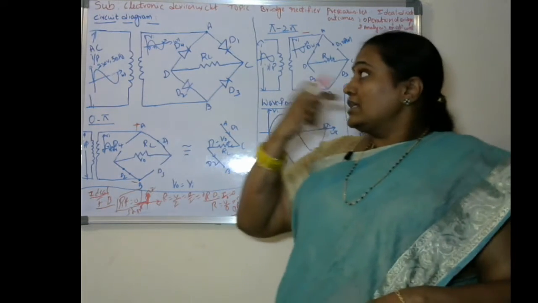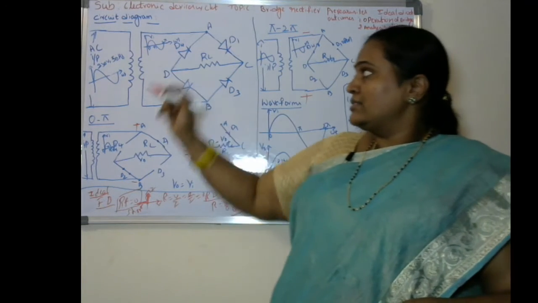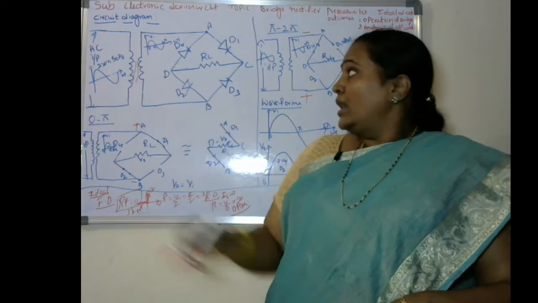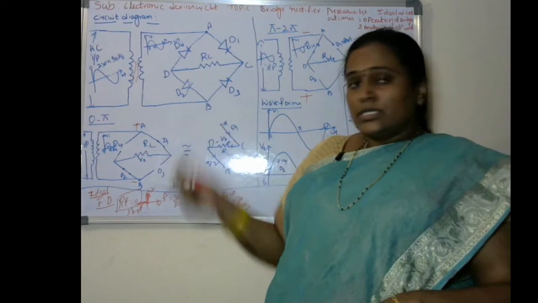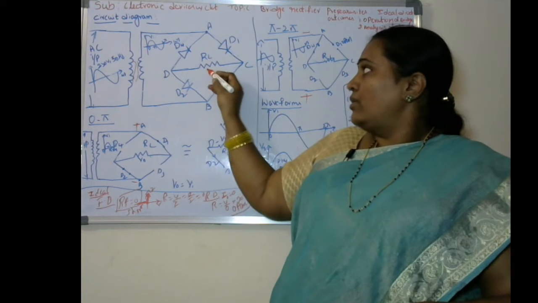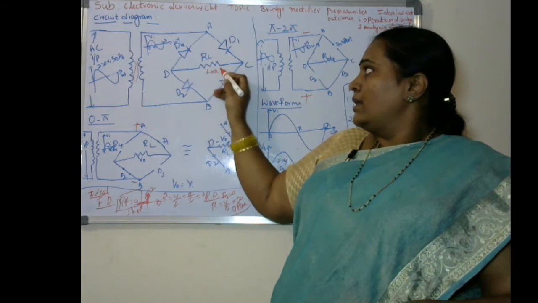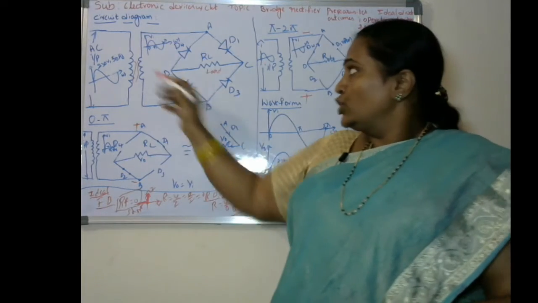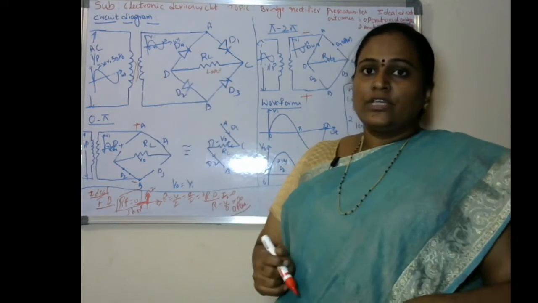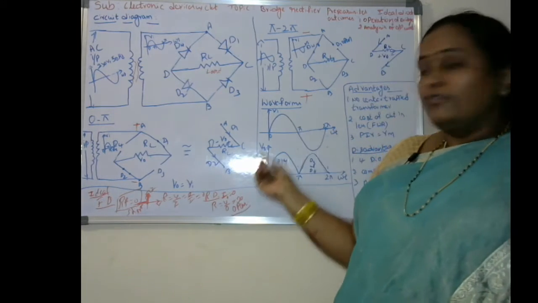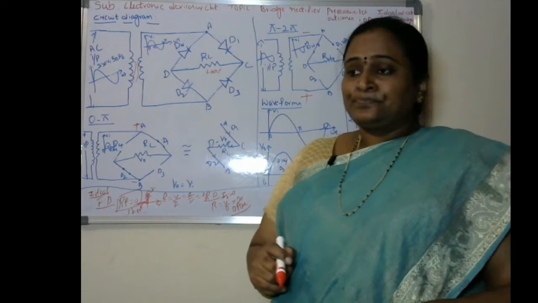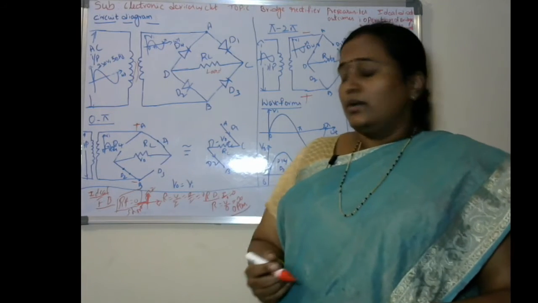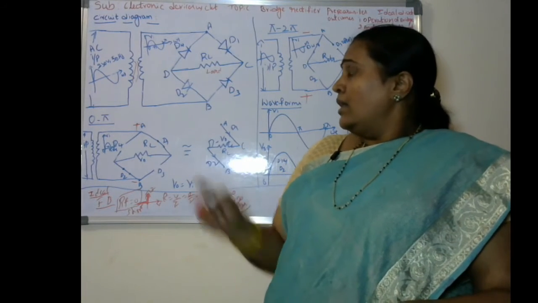When it comes to the circuit diagram of a bridge rectifier circuit, we are using a step down transformer, and next we are using 4 diodes and a load resistor RL. The outcomes we are expecting in this lecture are mainly the operation of the bridge rectifier circuit and its output waveforms. So mainly we have to analyze the circuit for the operation.